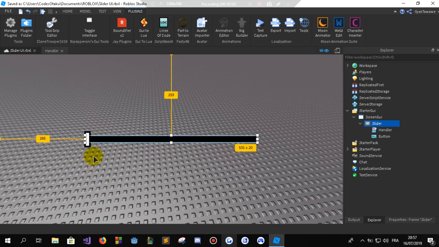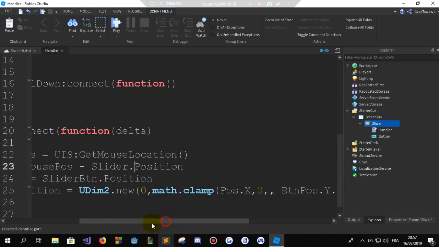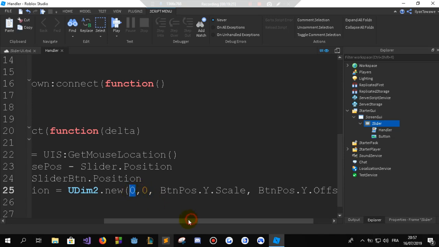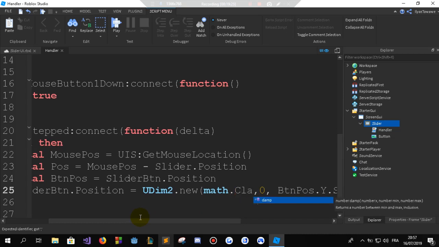Right now we're just using offset, which means if the slider button is here, and we resize it in some way, then it just stays there. But for now, let's try to use that. And here, instead of using scale, we'll use it here. Okay, so math.clamp,